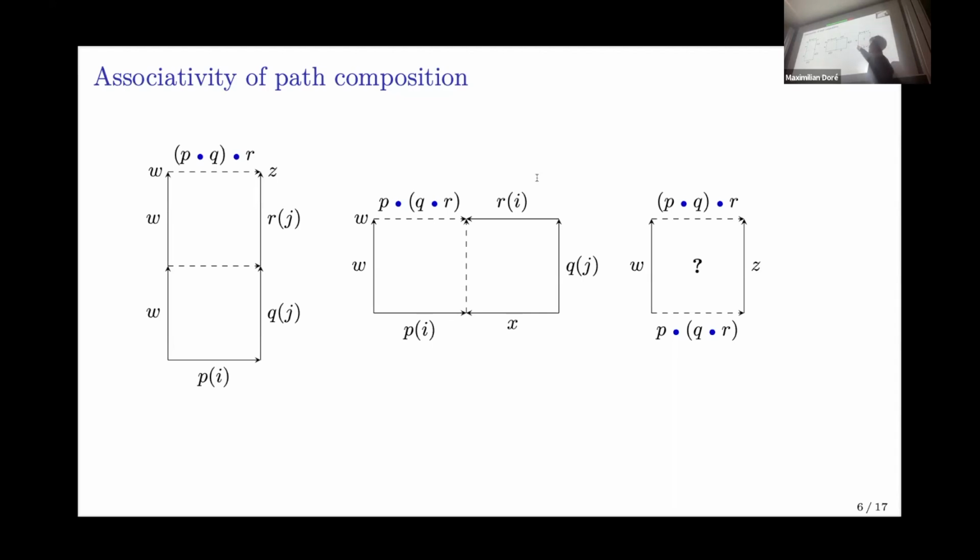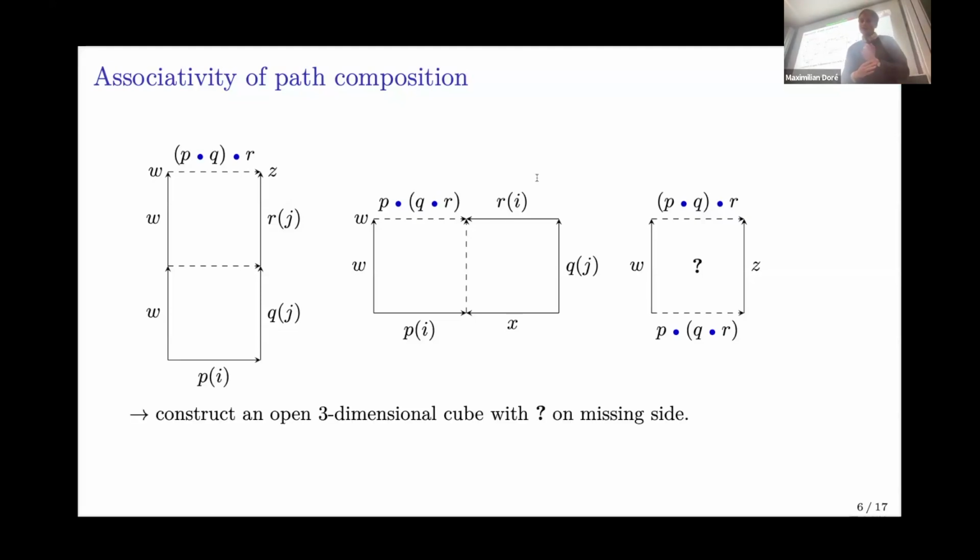So having the constant W path and the constant Z path on the other sides of the square, this is now a higher equality that we need to resolve. And to resolve the square, we will have to construct a filler of an open three-dimensional cube, right? One dimension up. And you can already see where this is going. This is going to be relatively tricky to do by hand, not impossible, but tricky,